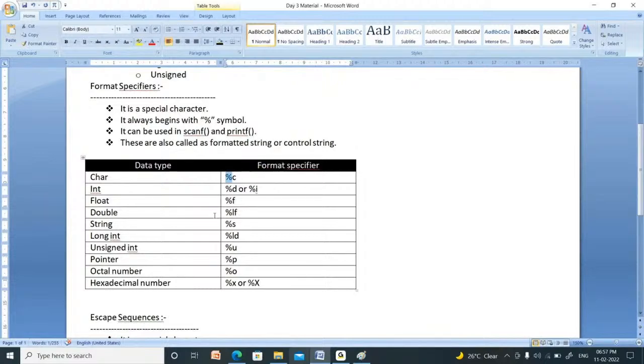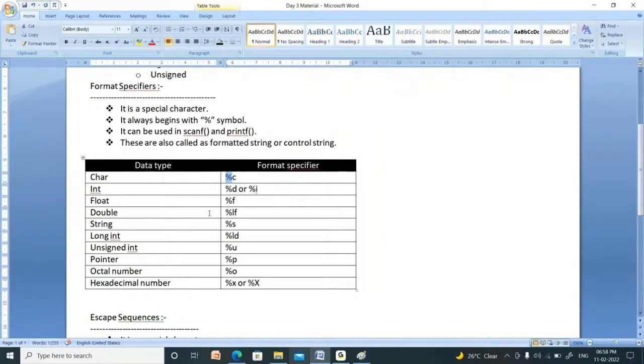These are some format specifiers we can use in printf and scanf functions. Whenever you want to read the data or print the data using the scanf function or the printf function, you have to use these format specifiers. You have to remember these. For character, you have to use %c. For integer, %d or %i. For float, %f.